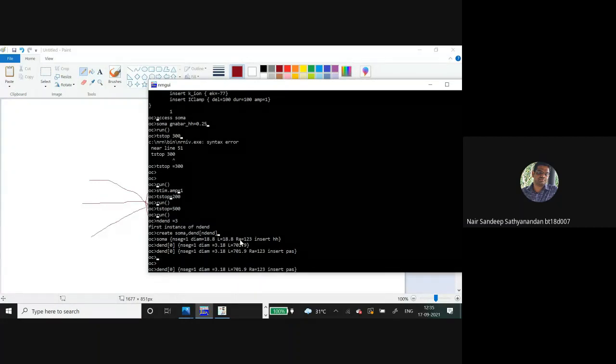So we will replicate the behavior for dendrite 1. Let us slightly modify the lengths. If we want to make any changes, we can. We'll give it some new parameter. We'll change the diameter also.